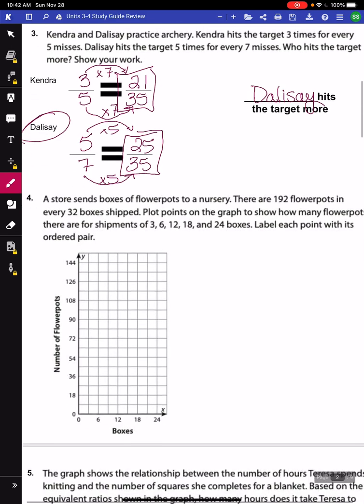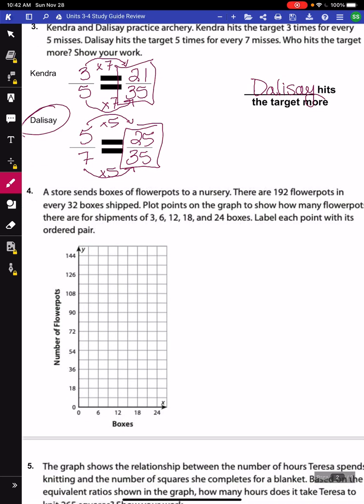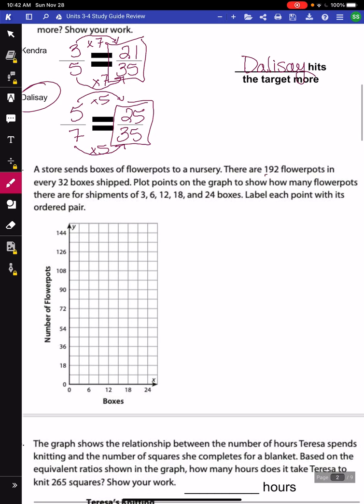Number 4, a store sends boxes of flower pots to a nursery. There are 192 flower pots in every 32 boxes shipped. So 192 flower pots to 32 boxes. Plot points on the graph to show how many flower pots there are for shipments of 3, 6, 12, 18, and 24. So if we're given